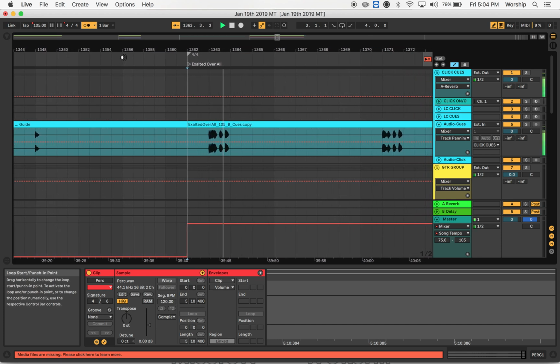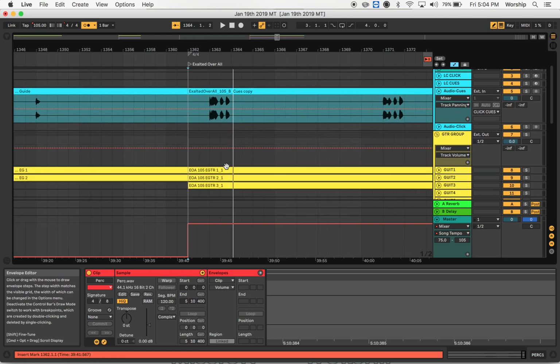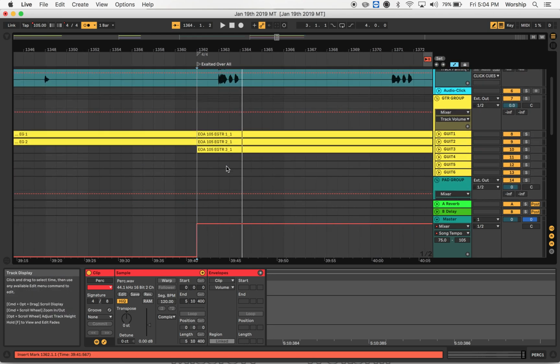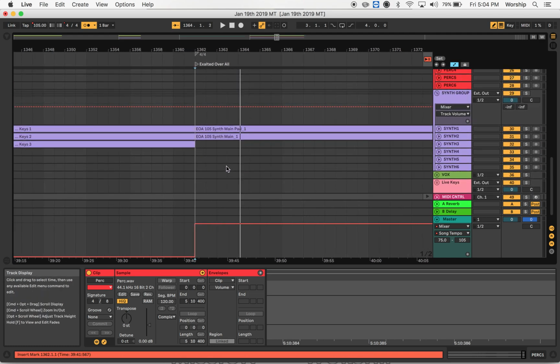Intro 2, 3, 4. Instead of double of that. But there's a little bit too much space there for my liking in the keys thing. So you can see that the tracks are already running up against each other.